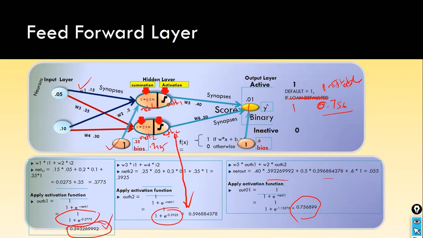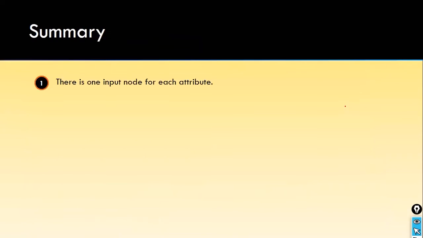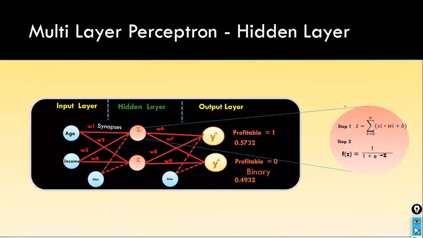It is taking the value of this one, and this is the one we are getting, right? 0.756. In this case, we have only one neuron in our output layer, so we are getting this one as an output value. Now you understood with this simple example how the computation is done behind the scenes, right? The mechanics of how this works. And next, we will take a look at the